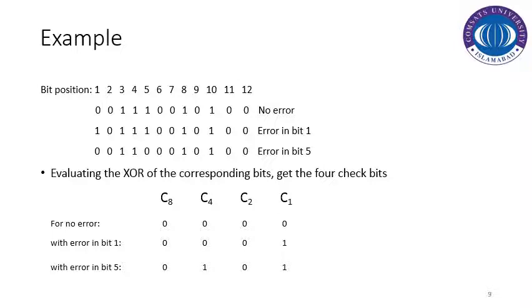In the same way we computed the parity bits, for no error, C1 will be equal to 0, C2 is equivalent to 0, C4 is equivalent to 0 and C8 is equivalent to 0. So what we are doing, we can also check in the same way that we can construct the exclusive OR